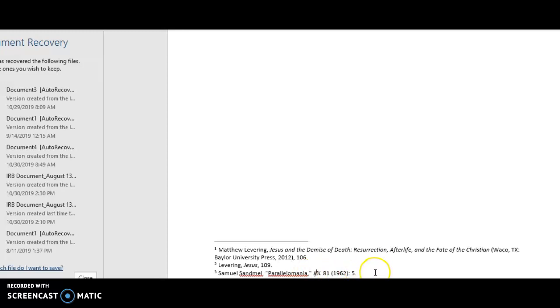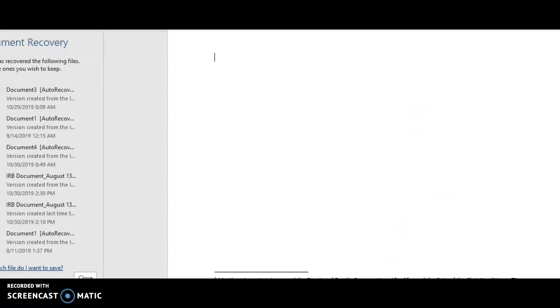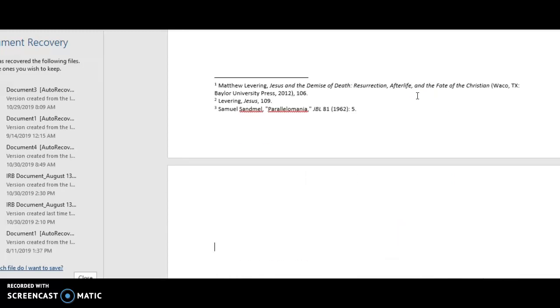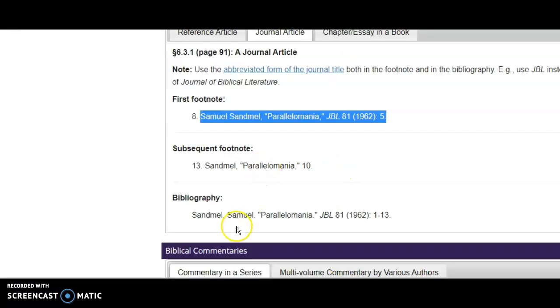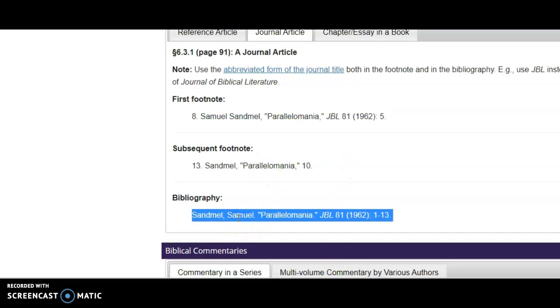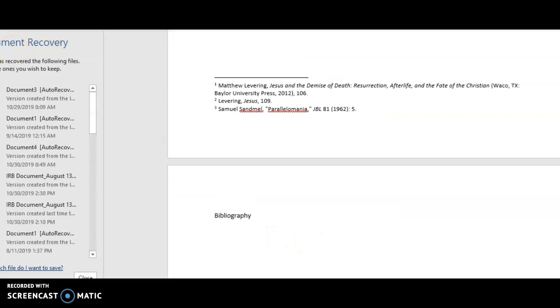To complete the bibliography, we can go to the next page. If I were going to do a bibliography, then I would alphabetize by last name, and I would include these sources, but don't do it in this format. Don't use this format here. Instead, use the format as is listed on the website. So